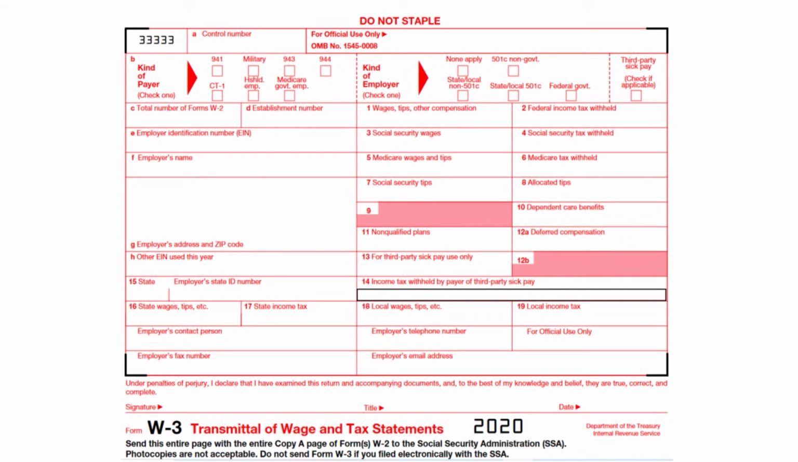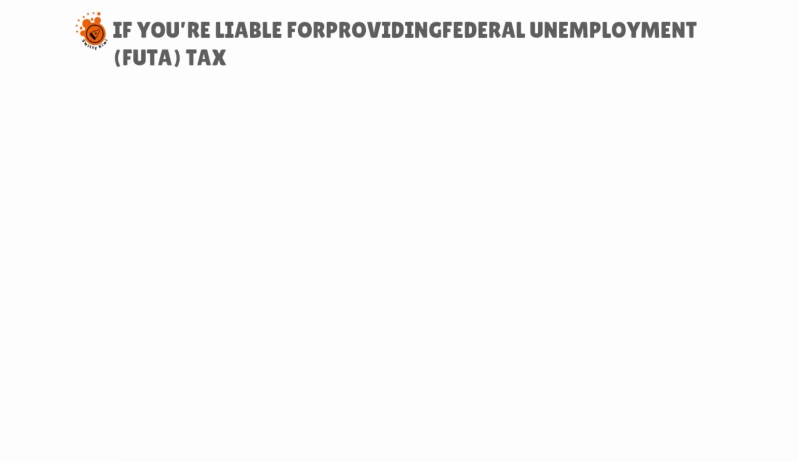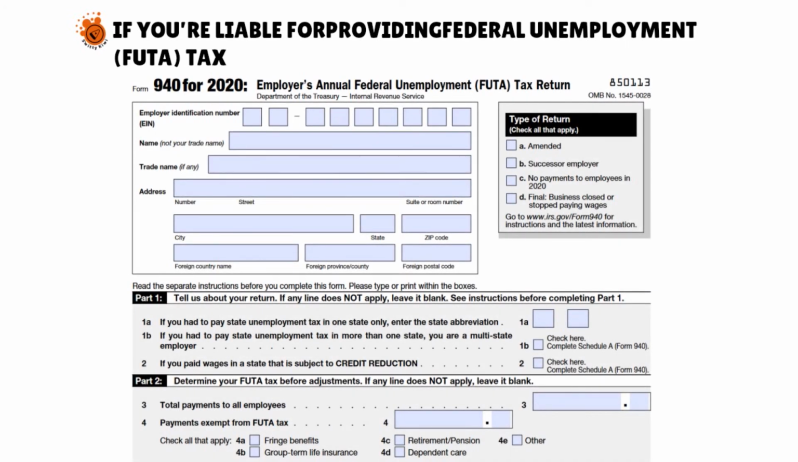And all those forms are currently on the screen right now, so you can see what they look like. And if you are liable for providing federal unemployment tax, FUTA, then you have to use Form 940, Employer's Annual Federal Unemployment Tax Return. And if you are liable for excise taxes, then you want to search the IRS website